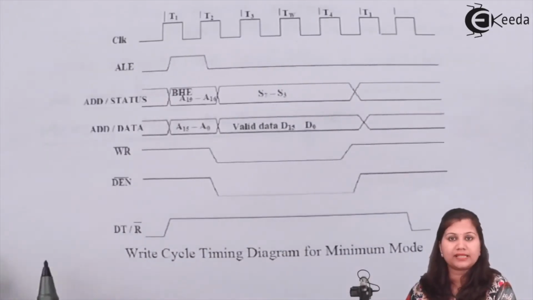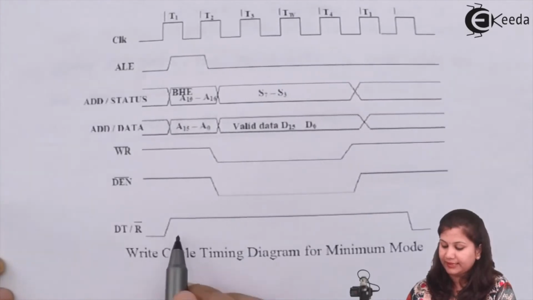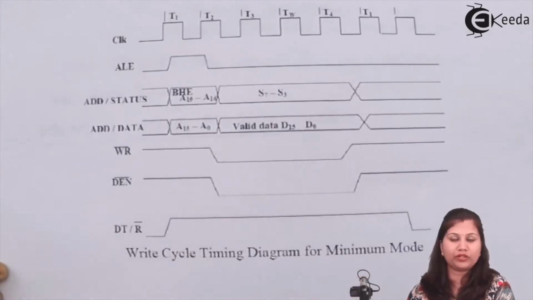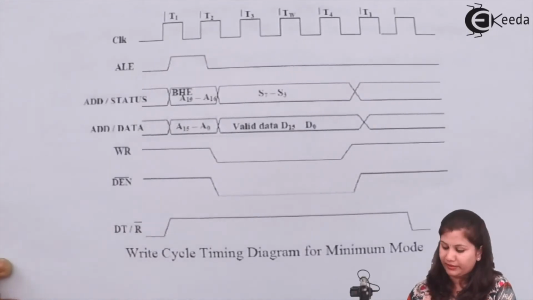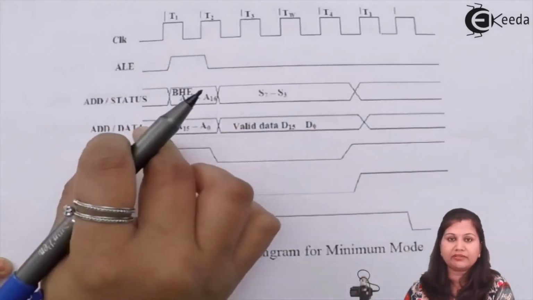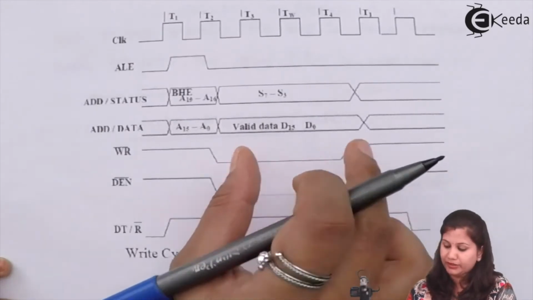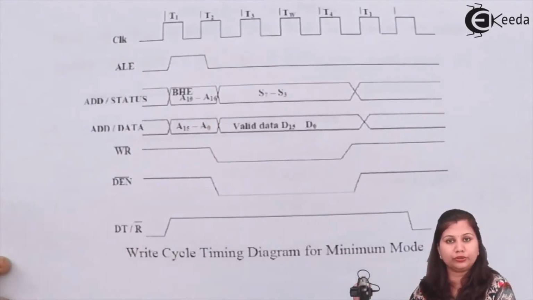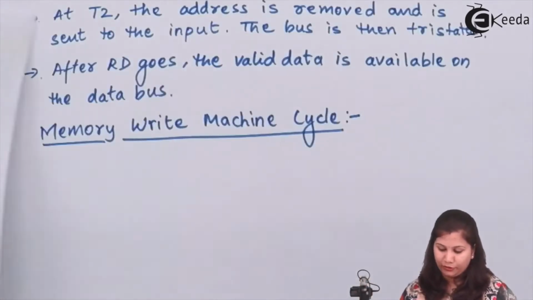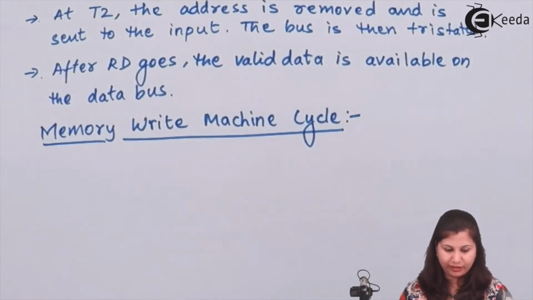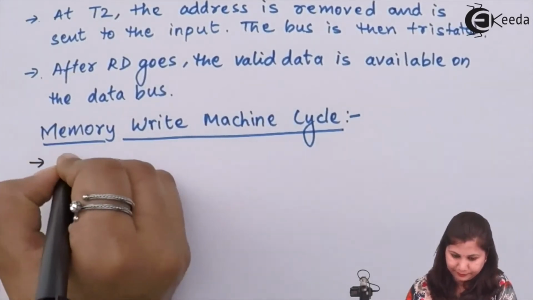So when this data transmit and receive signal is high, it means data is going to be transmitted to the output device. So that data which is available on the address and data bus will be written to the output device. So if we describe here the write cycle,